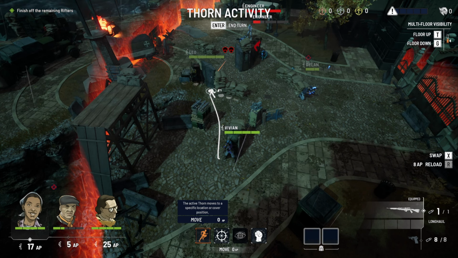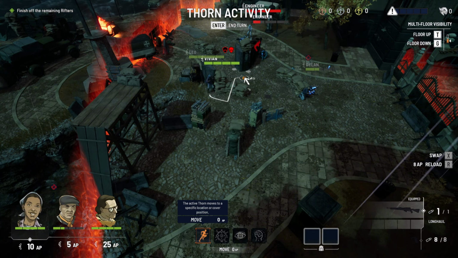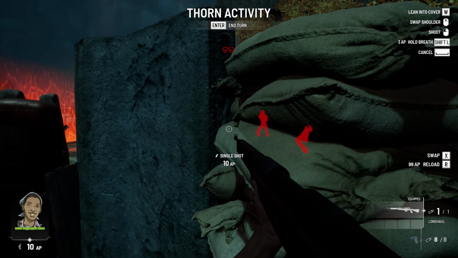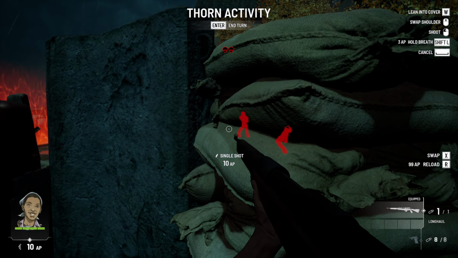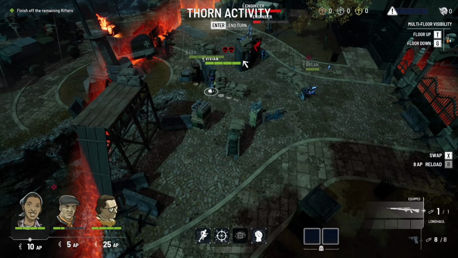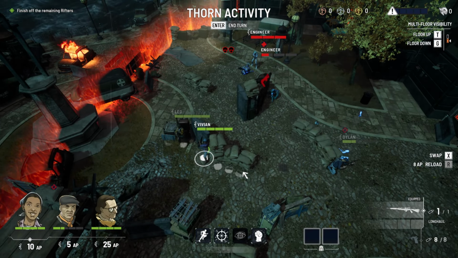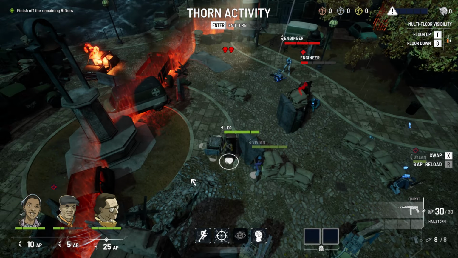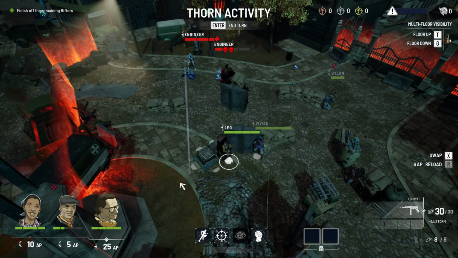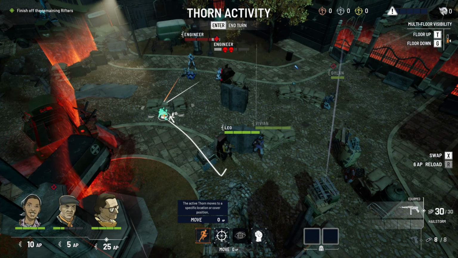Oh, that might do it. It looks like she's got a visibility line. Let's try it. Is it through the sandbags? Oh, I'm trying to swap shoulders and it's not doing it. I guess that's... Yeah, okay. It makes sense. I mean, I thought maybe there'd be a gap in the sandbags, but no. We'll leave her there for now, but I do have Leo. 25. So if he moves...